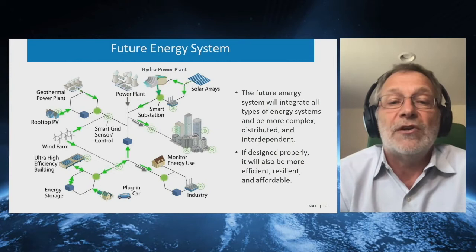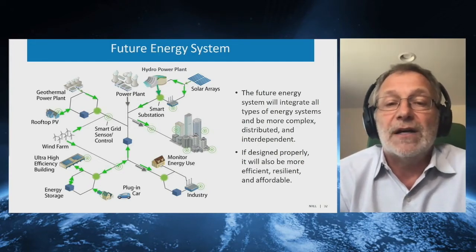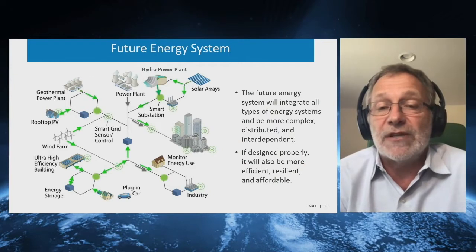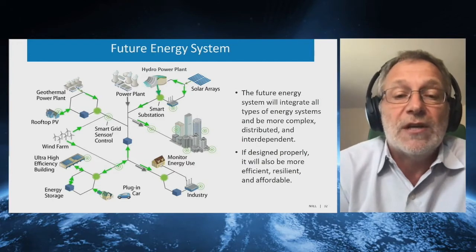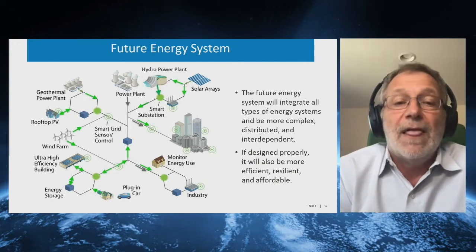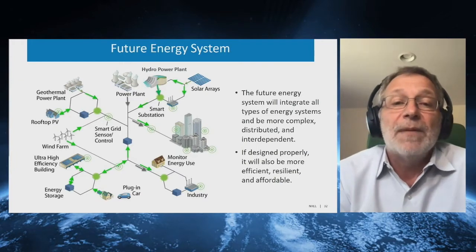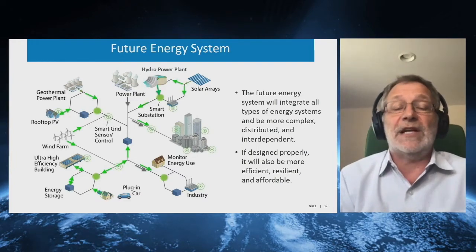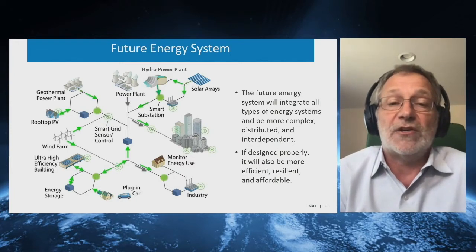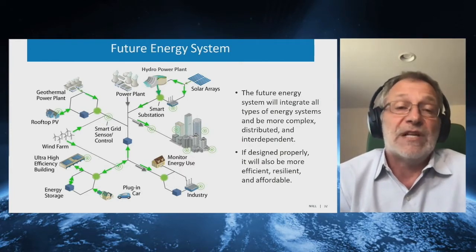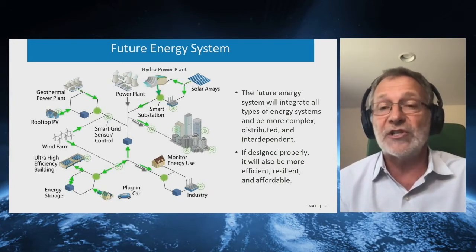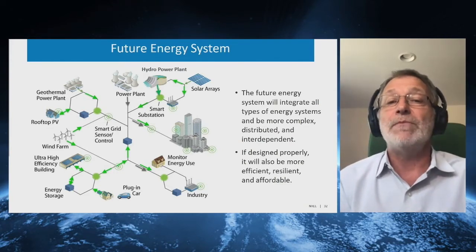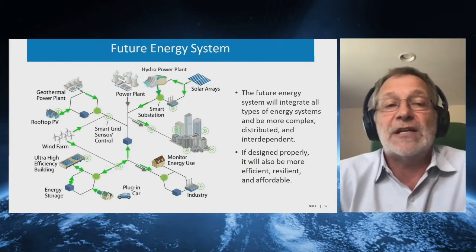So you have wind farms, you have smart grid sensors, you have industry which produces electricity and takes electricity, you have electric vehicles which might also be serving as storage. We have energy storage at different levels. We have very ultra high efficient buildings. We still have power plants. This can be natural gas plants. It can be very large solar plants or wind parks. We still have water. So you see how all this is integrated. Cities becoming much smarter. Buildings will talk to each other. We're going from a smart building to a smart block to a smart city. So major changes coming in the future energy systems.